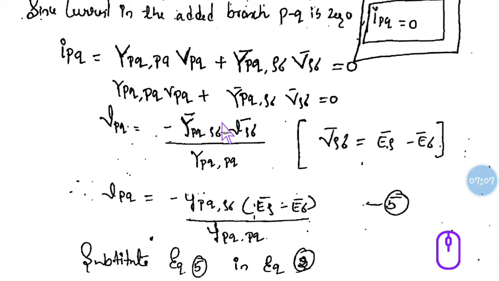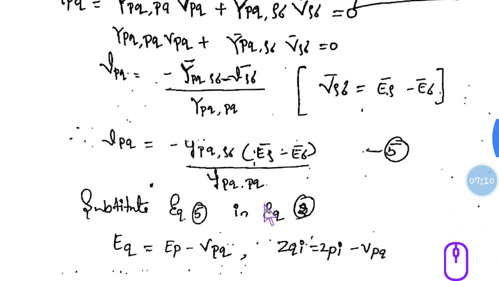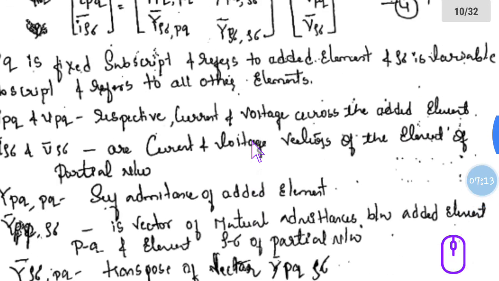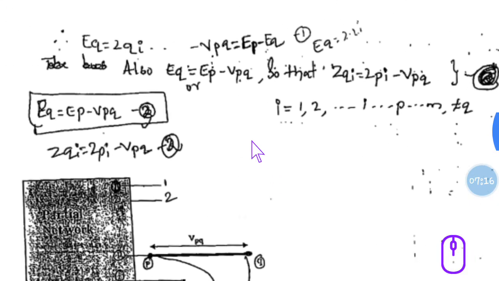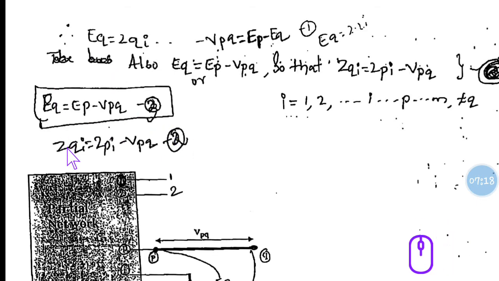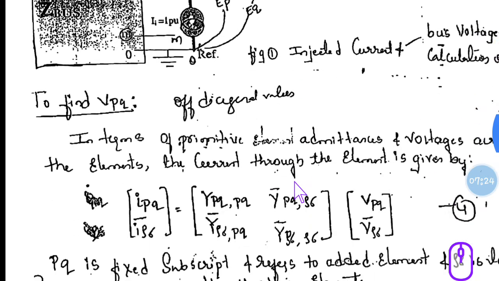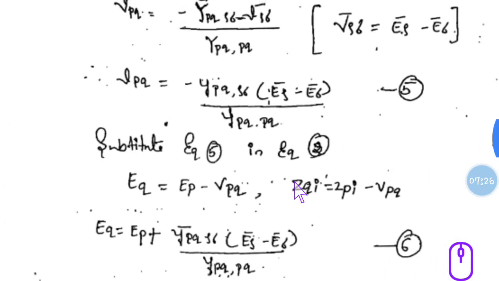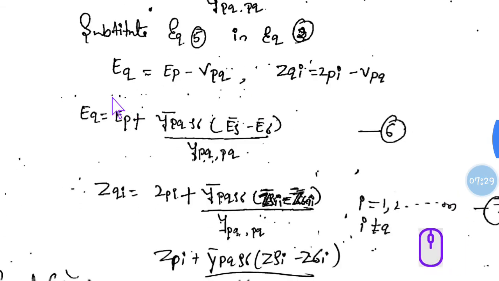So now this equation I am writing in the form of voltage. This is where you have to substitute VPQ; this derivation, I told you at the start itself. This is the equation we got. Here you have to substitute ZQi is equal to ZPi minus VPQ. So once you substitute VPQ here, this is in terms of voltage, this is in terms of impedance. Substitute VPQ on both sides, but we want this only. Once you substitute, this will be E rho minus E sigma. The same thing, this is in terms of voltage, convert it in terms of impedance: ZQi, ZPi and E rho becomes Z rho i minus Z sigma i, divided by YPQ,PQ.